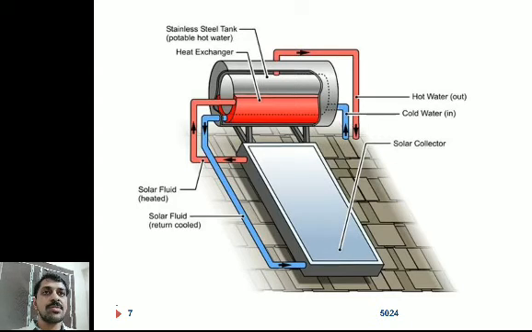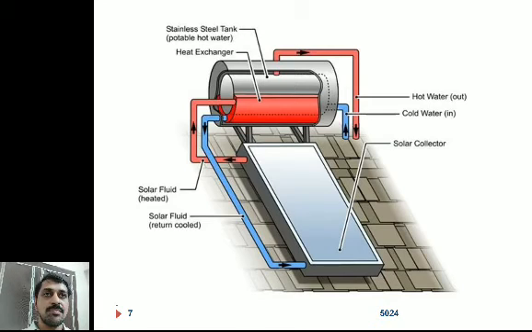Because of the density difference, hot water always will be on the top. So the outlet is taken from the top of the tank. Inlet is at the bottom of the tank. Cold water is in, and from the left hand side of the tank, cold water is exiting the tank to the collector. And as the heat is absorbed by the collector, the water temperature increases and it rises in the tubes inside the collector, and due to thermosiphon action, it will leave the collector through that red line. You can see on the left hand side the red line. It will go back, the hot water will go back to the